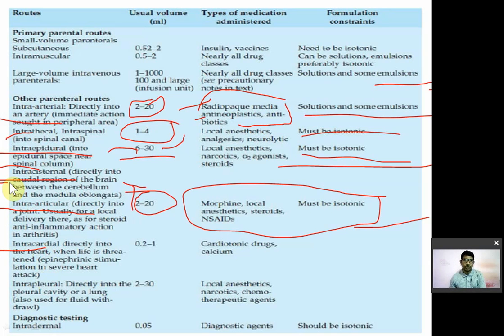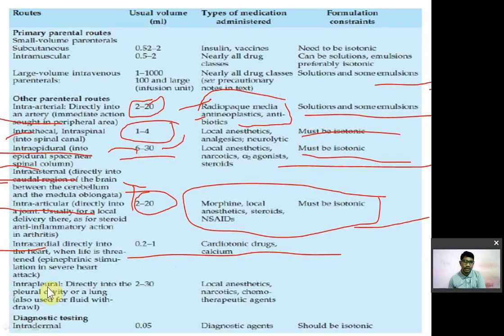And when a life-threatening condition is there, that means heart failure, etc., at that time you have to inject noradrenaline, epinephrine, or dopamine. So cardiotonic drugs mostly, and calcium, are given by intracardiac injection. What is the volume of intracardiac injection? It is around 0.2 to 1 ml that can be injected